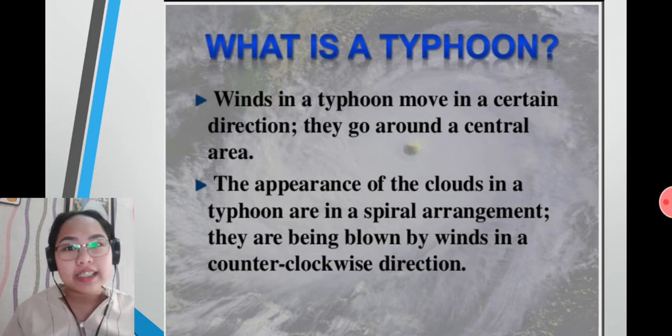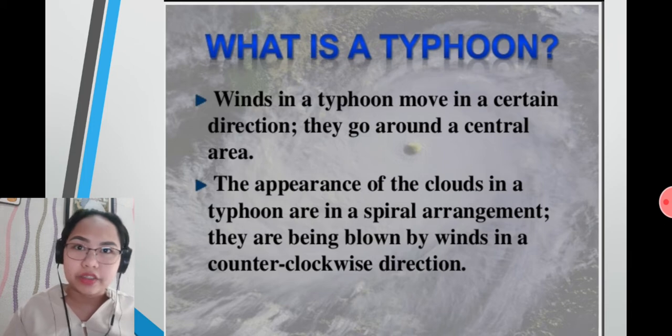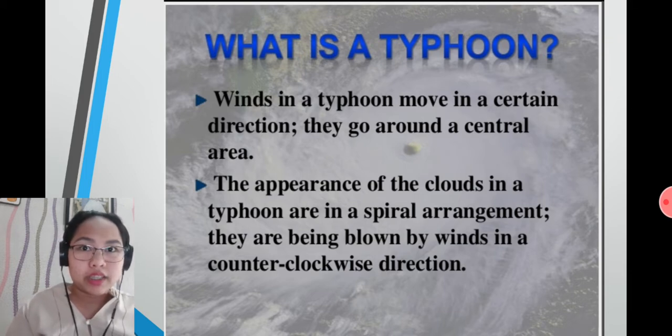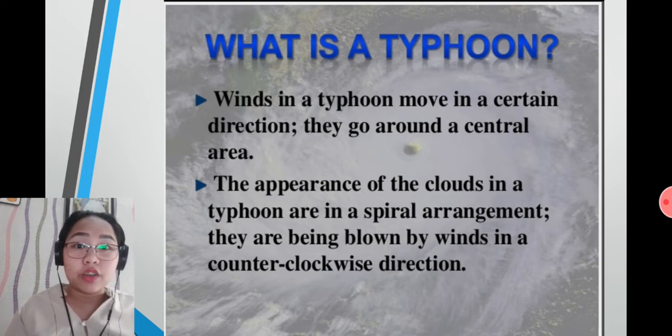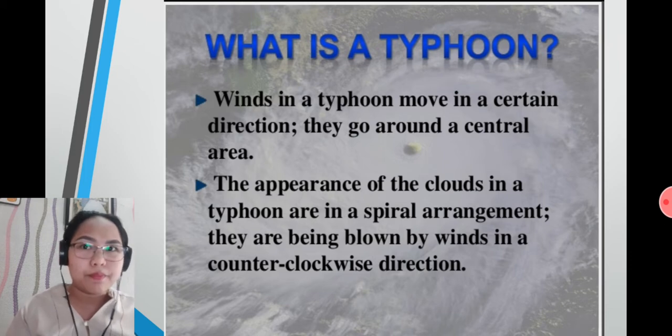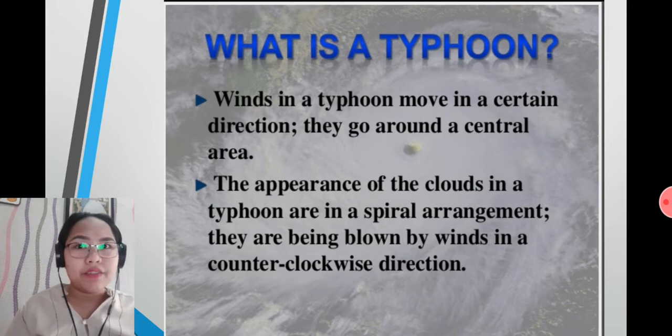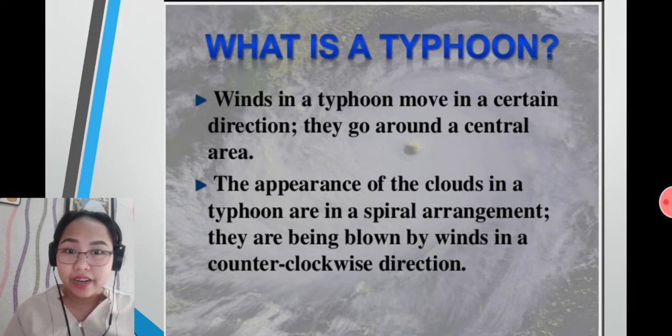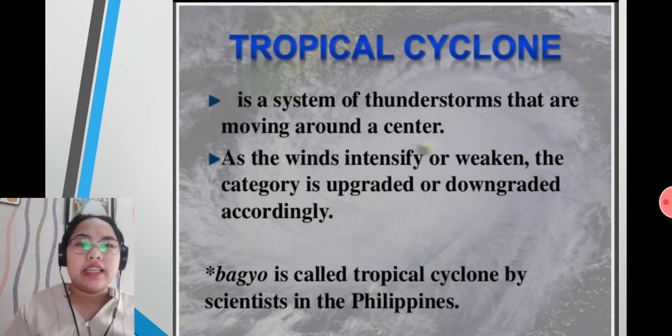Typhoon is a tropical cyclone, but when it enters the Philippines, we Filipinos call it bagyo. It is an intense circular storm that originates over warm tropical oceans and is characterized by low atmospheric pressure, high winds, and heavy rains. Also, we have here the wind blows in a counterclockwise direction. How does it move? So, when you take a look at an analog clock, it moves the other way around. Let's proceed.